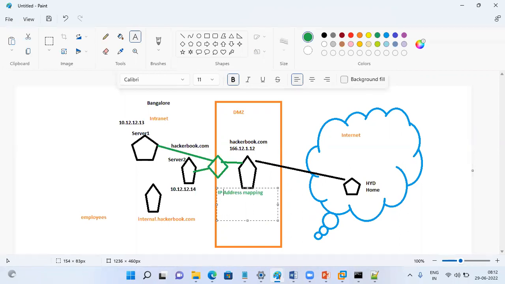IP address mapping is done with the help of a protocol called network address translation. So any request that comes to 166.12.1.12 and port number 80 has to be redirected to port number 80 of